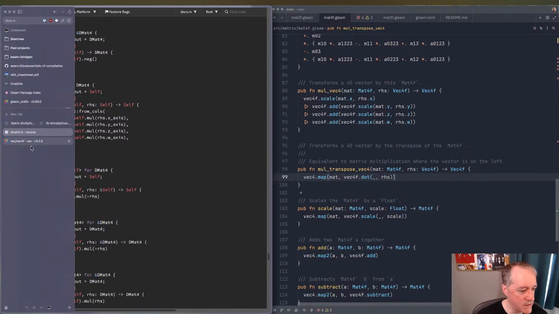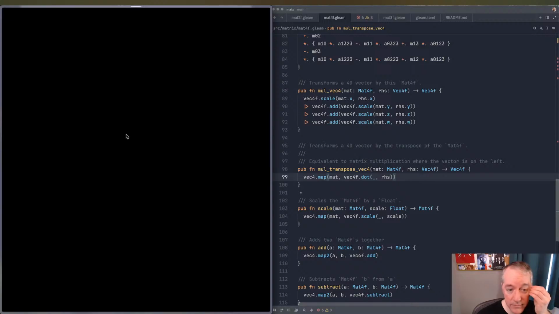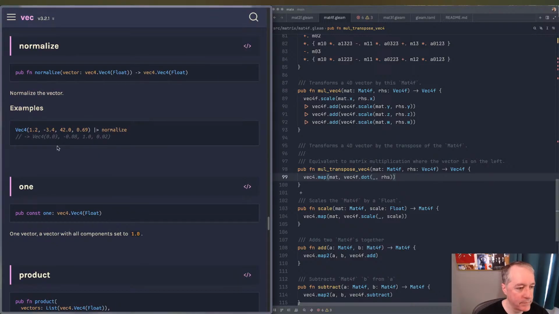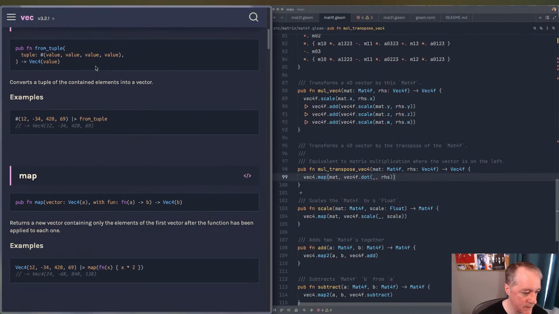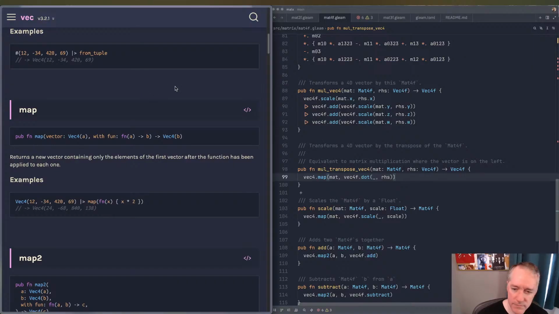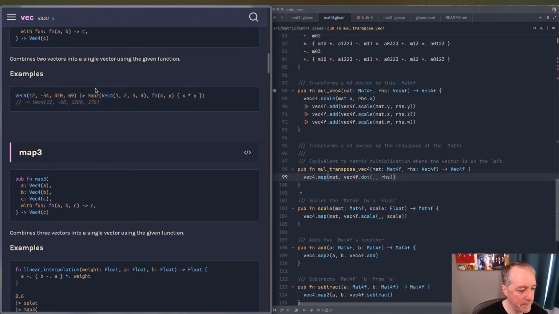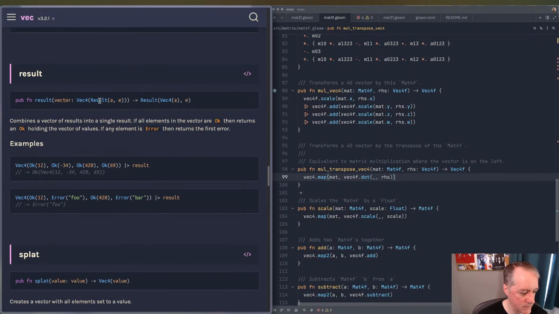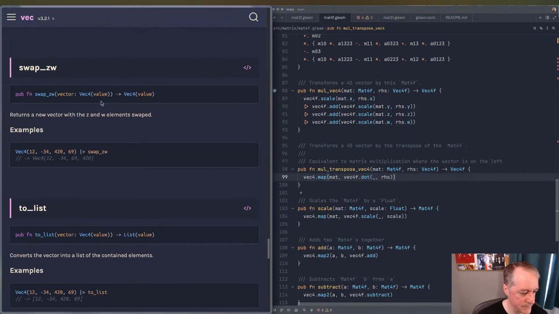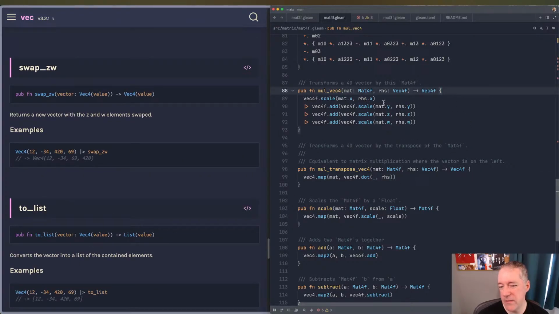Let's look at the vec docs, because I think that we might be able to even generalize that, right? Because we want to scale each of the contained vectors. Is there a to list? Yep, there's to list. I don't know if this is more efficient, but